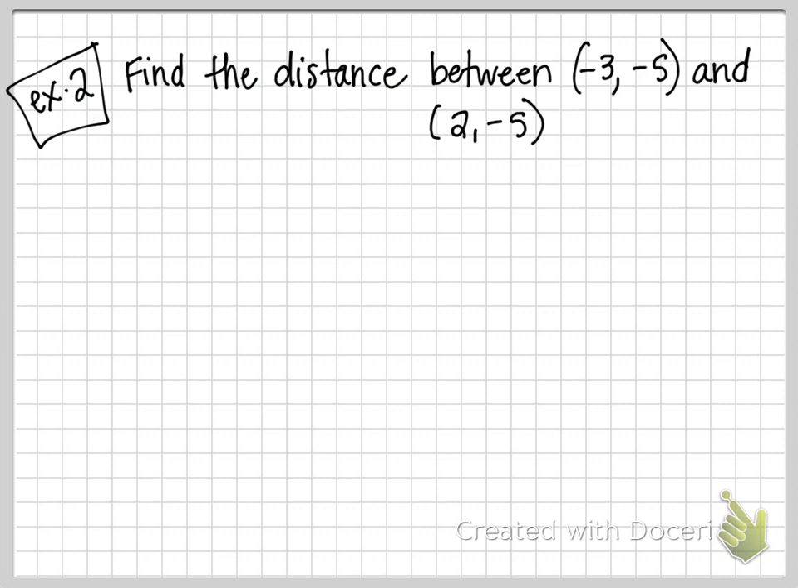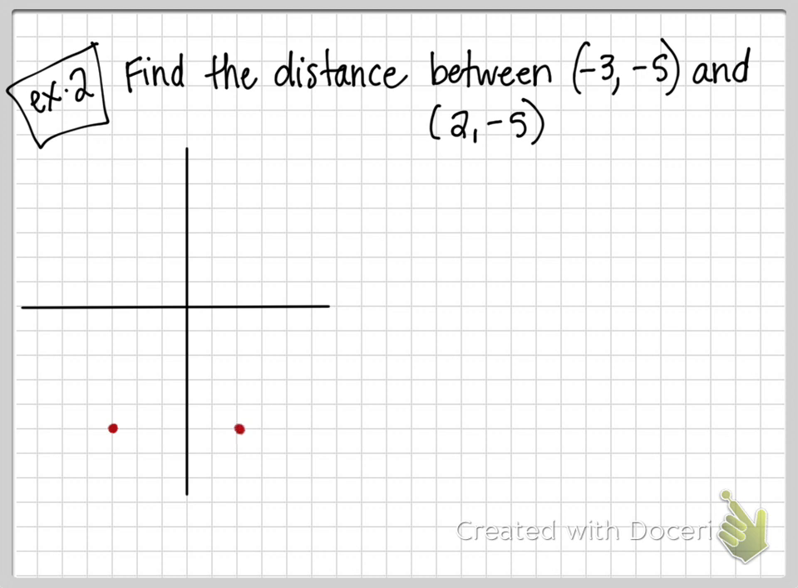All right, so it says find the distance between (-3, -5) and (2, -5). If I made a little sketch of the coordinate plane, let's just see where these points are. (-3, -5) would be to the left 3 and down 5. 1, 2, 3, 4. So right here. And (2, -5) would be to the right 2 and down